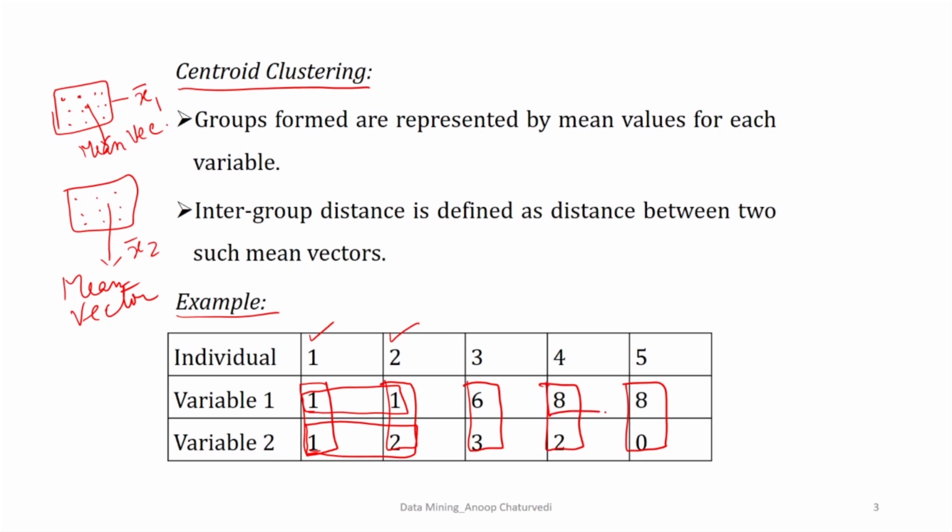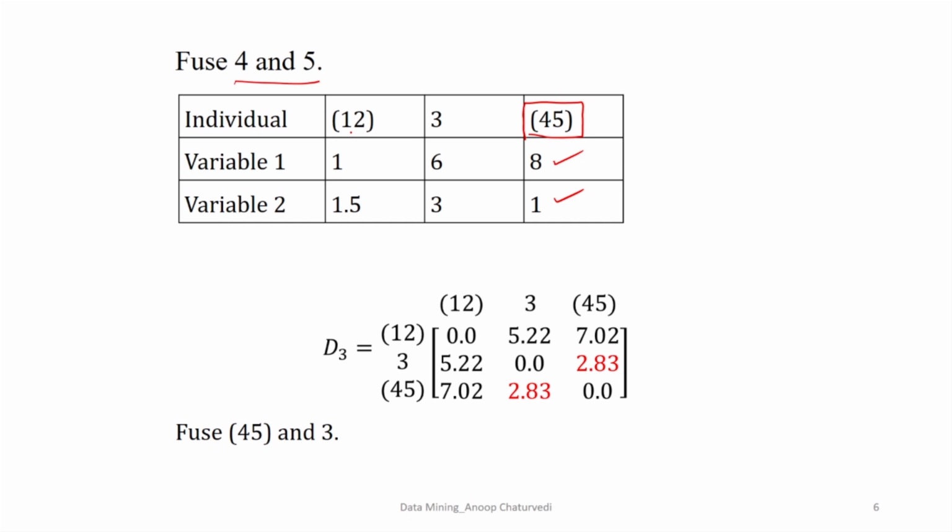We take mean of these two, and then for variable 2 we take mean of 2 and 0. So, you get 1. Then for the first cluster 1, 2, the variable values are 1 and 1.5, for 3 it is 6, 3. Again we calculate the distance matrix